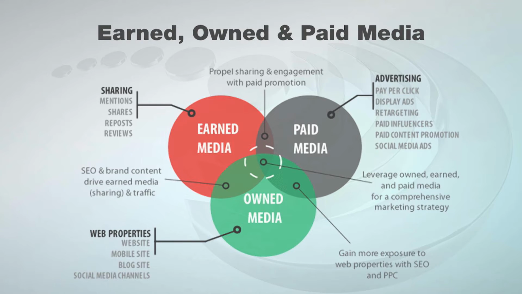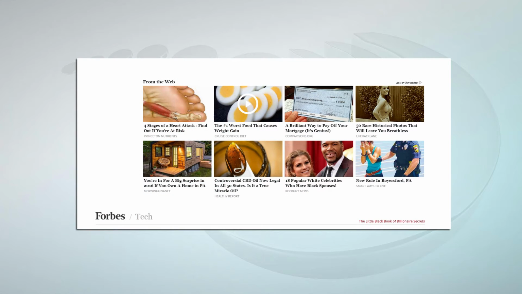One paid media thing that you might not know is native advertising. An example of that would be, say you're on Forbes.com looking at an article that you really enjoy, and then at the bottom of that you see a bunch of different articles that either relate to it or you find interesting, and it flows right into the article that you were reading. It may look like it, but these are actually not Forbes articles. These are paid advertising